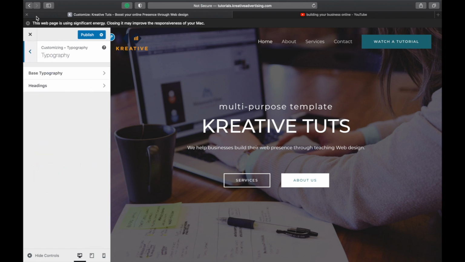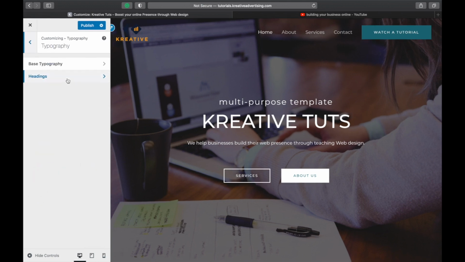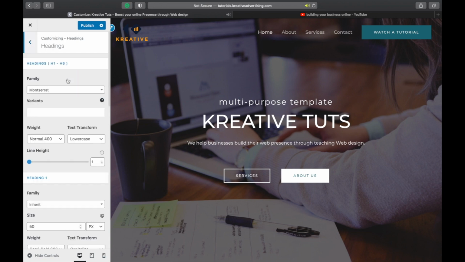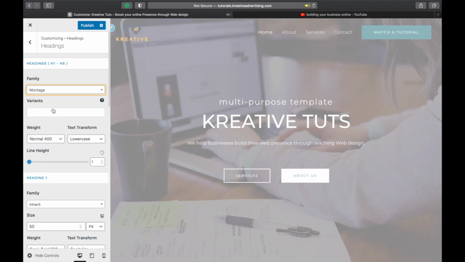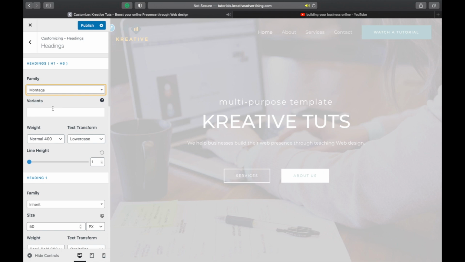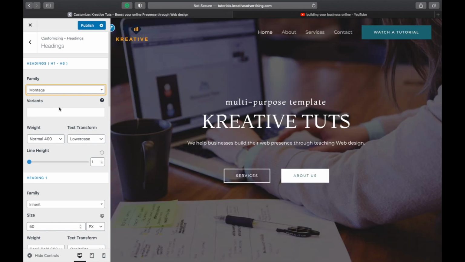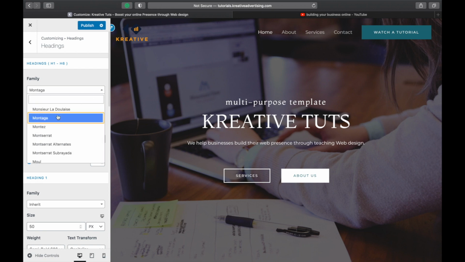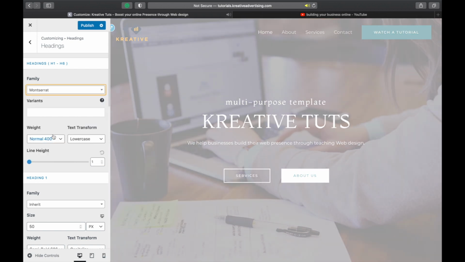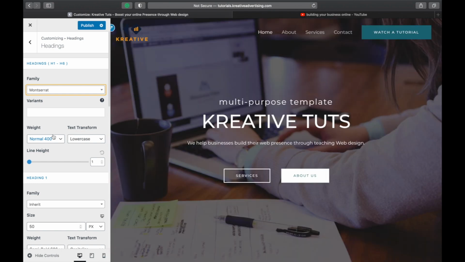We'll then go back and click on headings. Here we can edit the heading typography, and as you can see, the headings of the website change as we change the fonts. There's Montage, that's actually Montaga, then some French word, but I'll stick to Montserrat because that's our font family, and we chose that as part